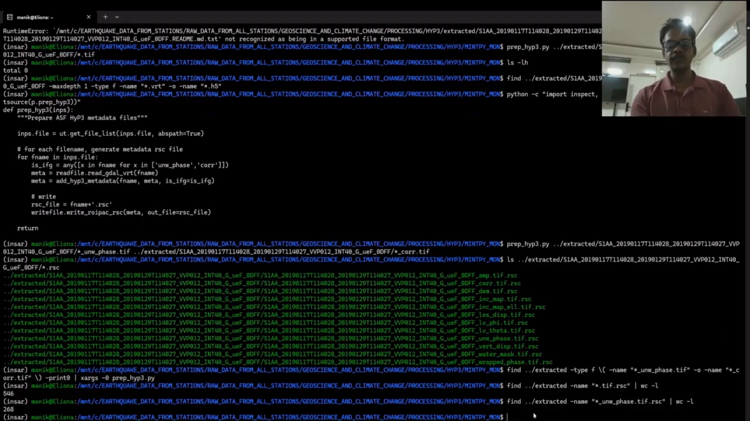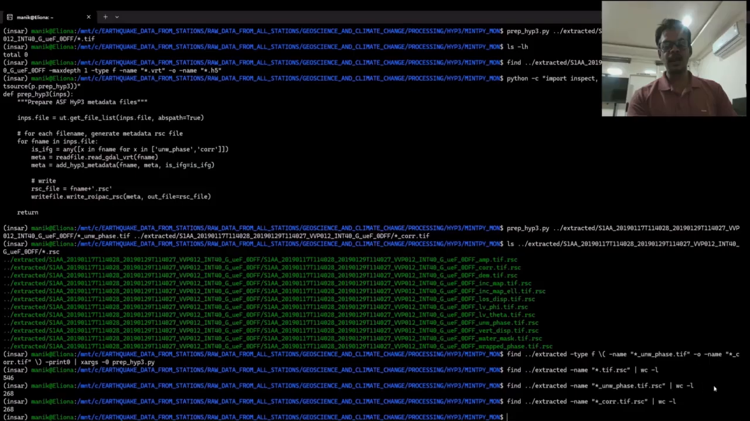Out of that, I am checking for the unwrapped phases. It is 268, and then core tips are also 268. So like that, I'm just making sure whether each folder is having the required data or anything is missing. So I have 268 data folders, and from that I got 268